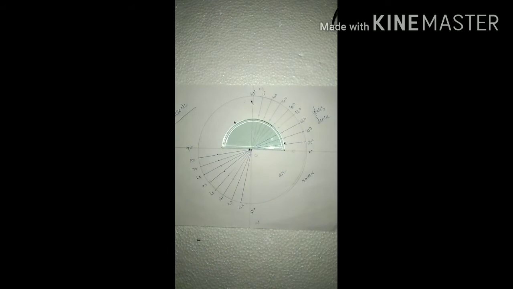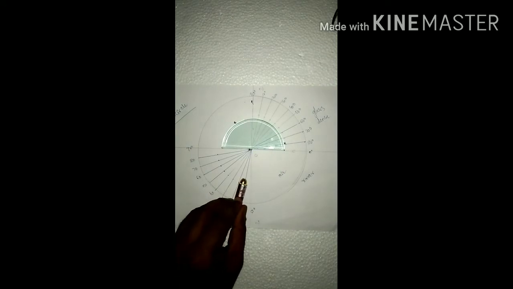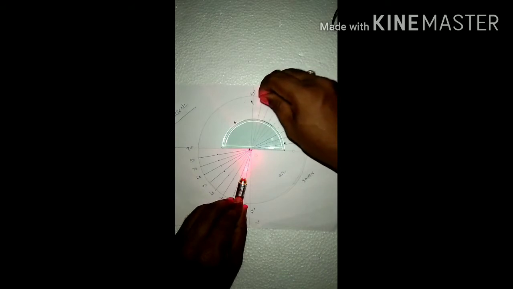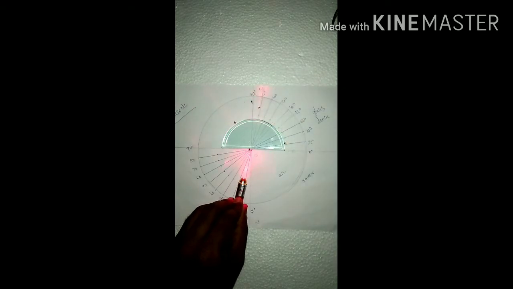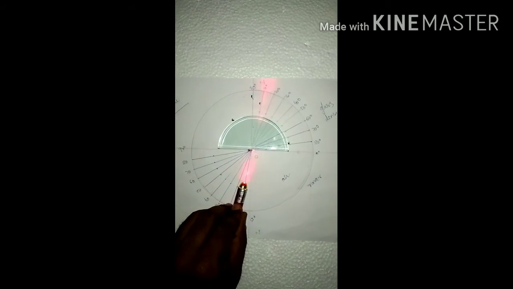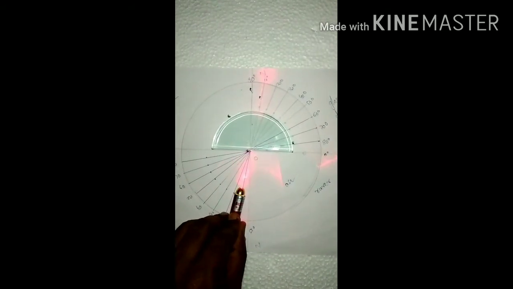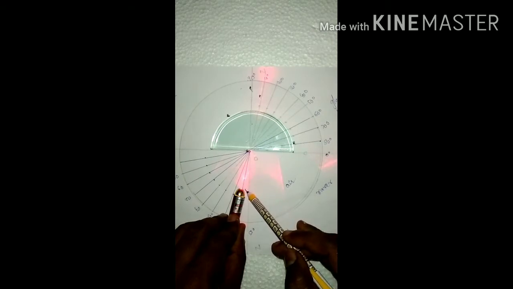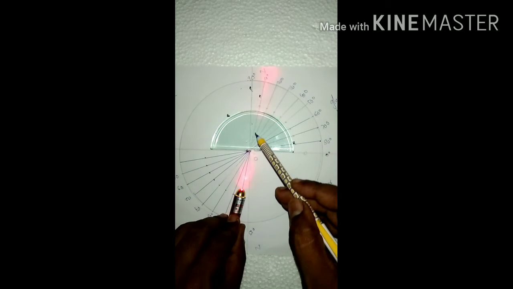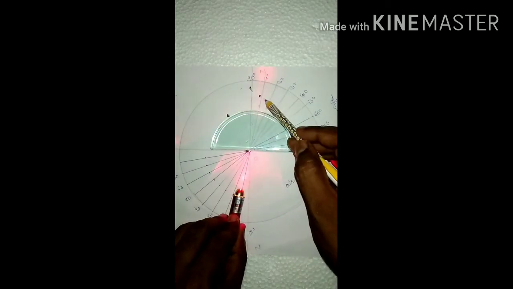Now in the second case, pass the laser light at an angle of 10 degrees. Pass the laser light means like this we press. Now the laser light is passing. Now we are going to observe the refracted ray. At what angle is the refracted ray coming? If you observe, the laser is passing through that pin. Means here angle of incidence from air is 10 degrees, and angle of refraction approximate value is 9 degrees.